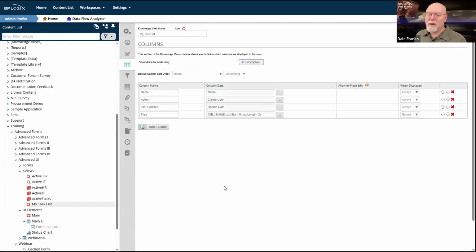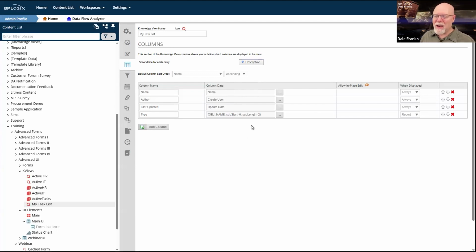And here again, the thing that's important to me is I need the object name of this object. So I'm using the object name system variable, and I'm actually just pulling the first two characters out of the object name, because I think the name is like HR and IT.